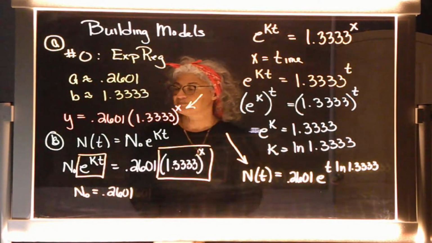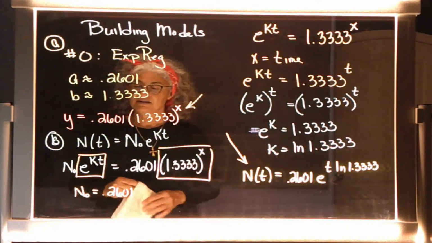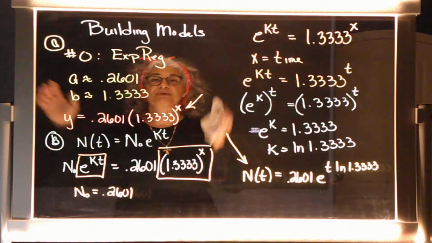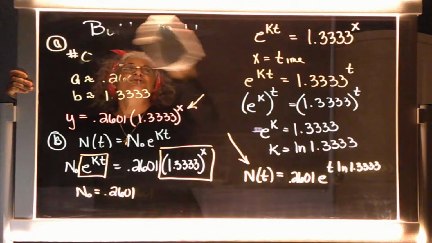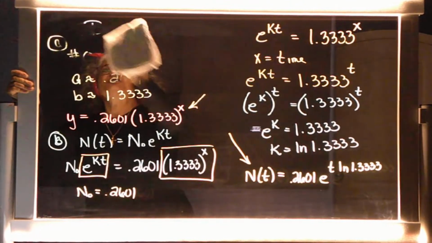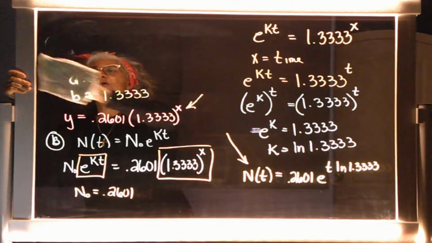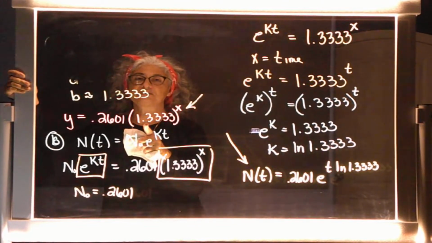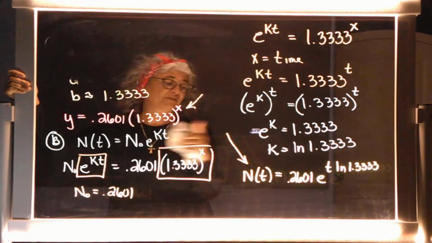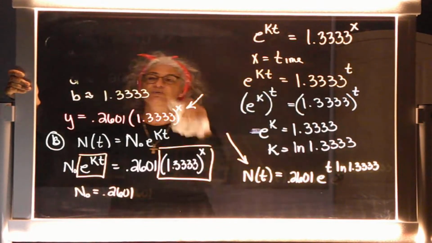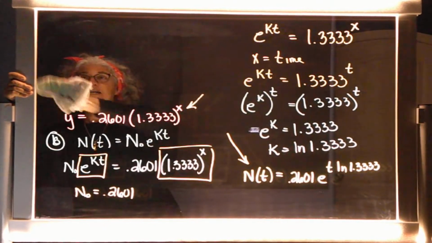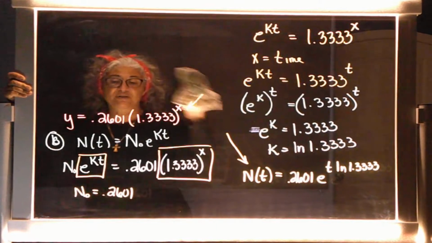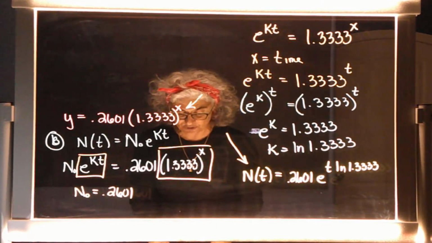All right, now Part E wants us to predict the population at 7 hours. Now notice it said it didn't care which model we used. We could use this one, the one the calculator gave us, or we could use this one, the one we found. So it's totally your choice. And again, it doesn't matter. It's totally your choice because when you set it up,